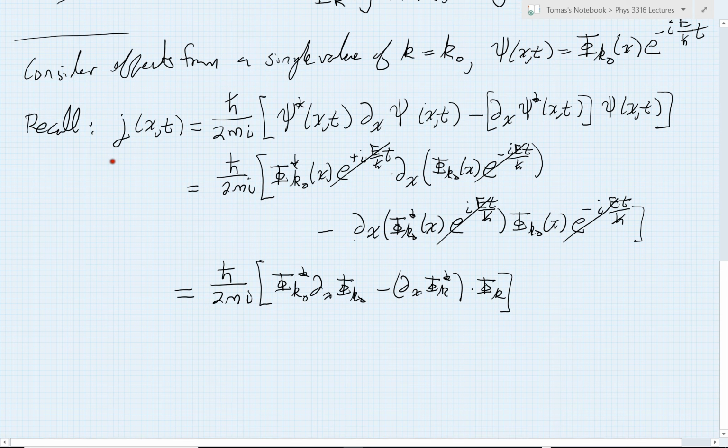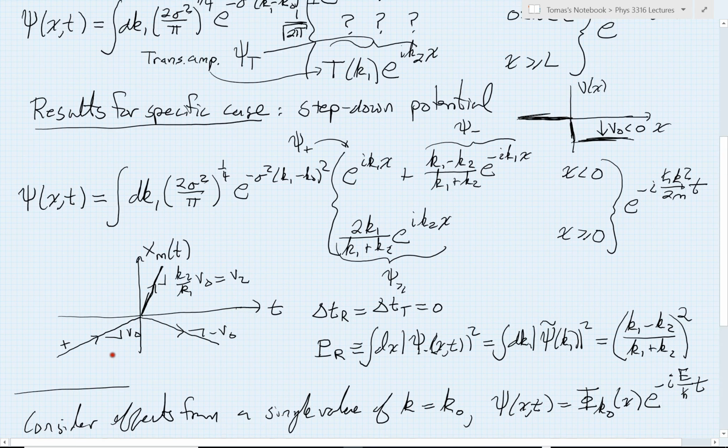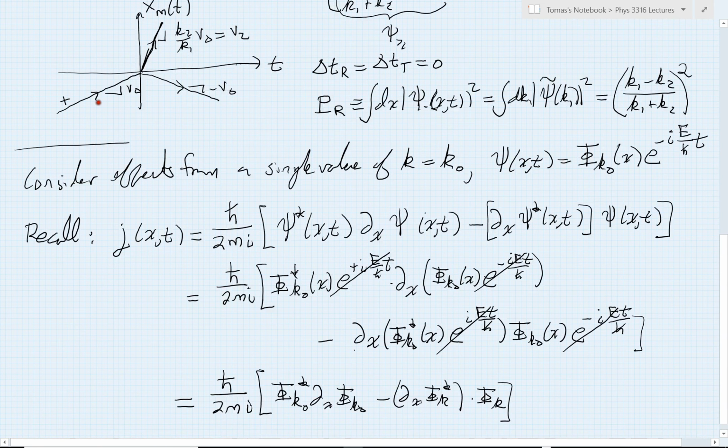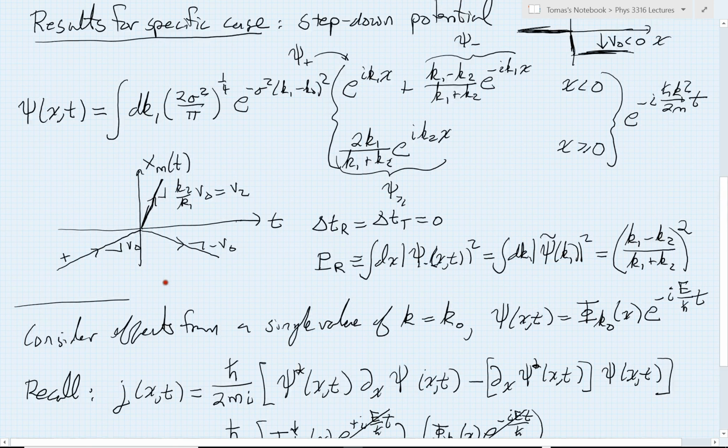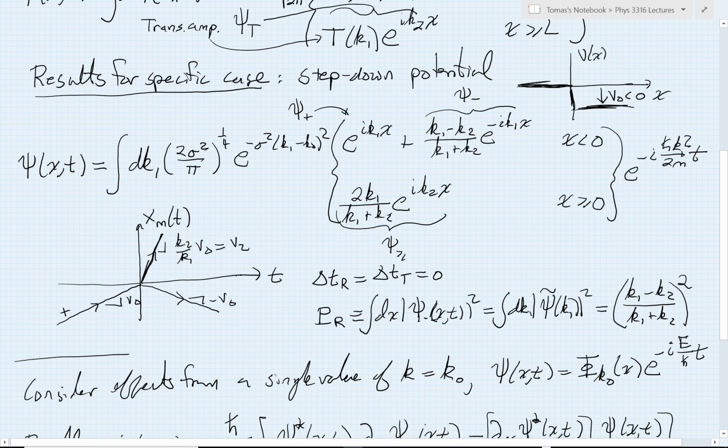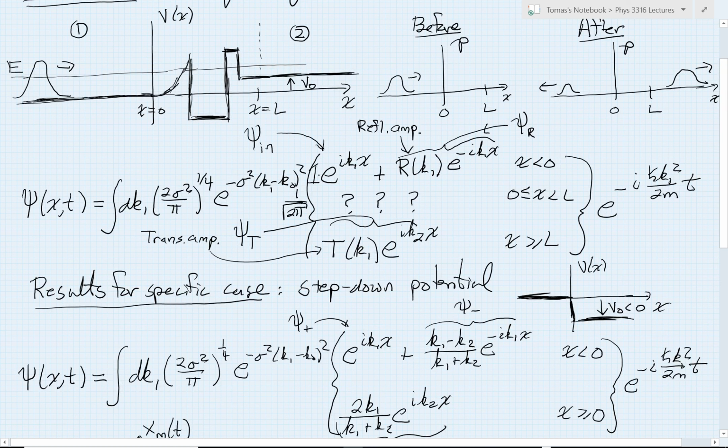The next thing I'd like to do is to consider if I can go a little further with this current, because think about what this current represents. It represents the flow of probability per unit time. And one of the things that very much interests me is the ratio of how many particles I send in this incoming beam to the number of particles that I get reflected back at me. Because the ratio of that tells me the probability of the reflection. So it seems I have a way to get at that by just looking at the time-independent solutions.